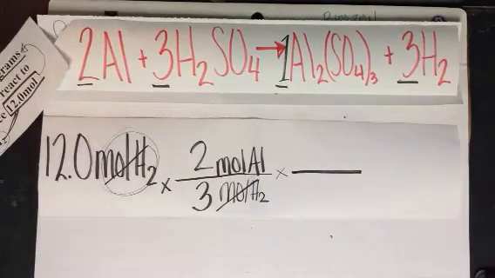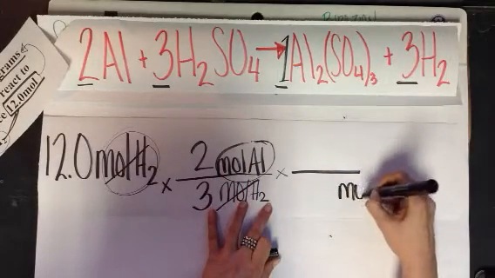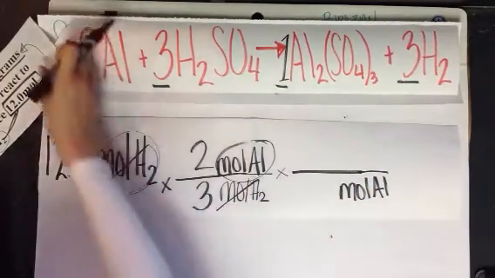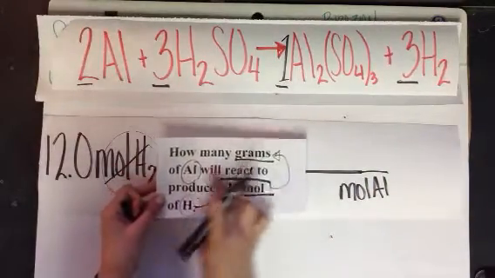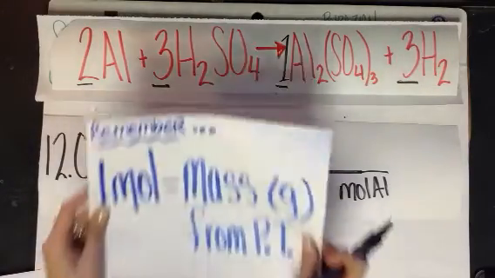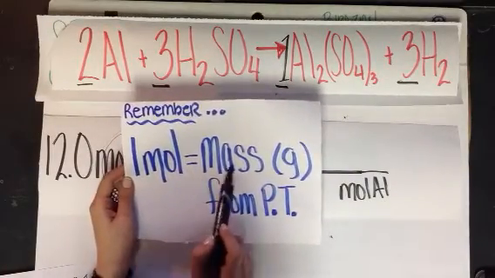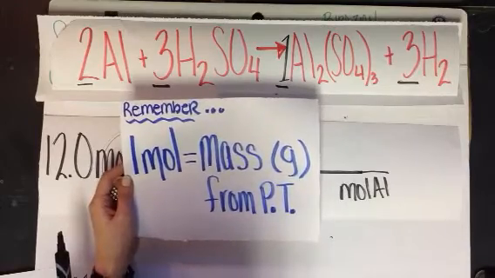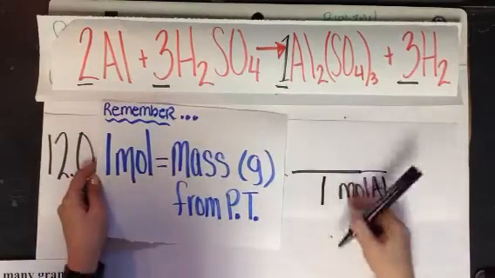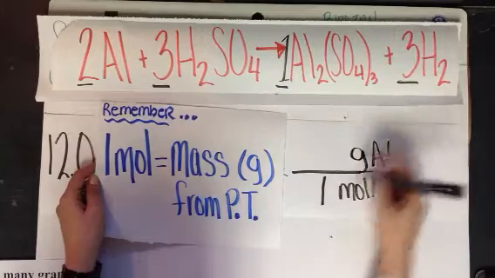Because I need to get to grams. So I know that I can copy this top unit down here. And is there a conversion, you know, that can go from moles of aluminum to now grams of aluminum? Hopefully you remembered from last chapter our conversion. So let's take a second to remember this. We remember that 1 mole is equal to the mass in grams from the periodic table. 1 mole. So I'm going to put 1 mole of aluminum equals the mass in grams of aluminum from the